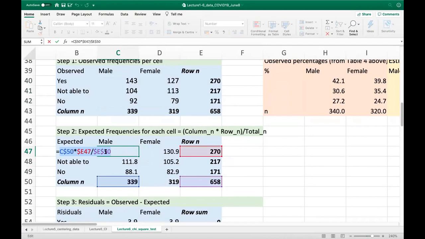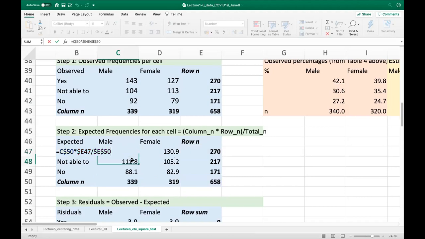So again, this really shows how the colors work to make sure that the equations are correct. This is basically the column n, which is the blue, times the red, which is the row n, divided by the total sum, right? And you can notice that I'm putting dollar signs where I want absolute indexing. So the E50 is always fixed when I drag